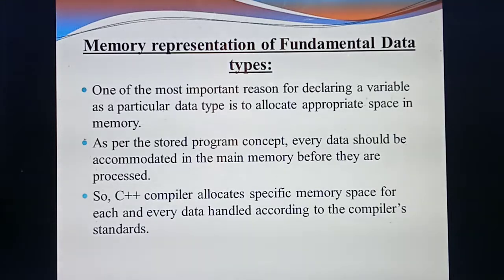Before you are executing the program, each variable will accommodate some space in the memory, main memory. Understand? Before we compile the program, it will allocate some space in the main memory. Based on the software you are using, now you are studying which software? C++. So with the C++ compiler, if you are declaring a variable, immediately the compiler will allocate some space for however many variables you have declared in the program, based on the standard. That means this much space for this variable, then this much space for that variable.